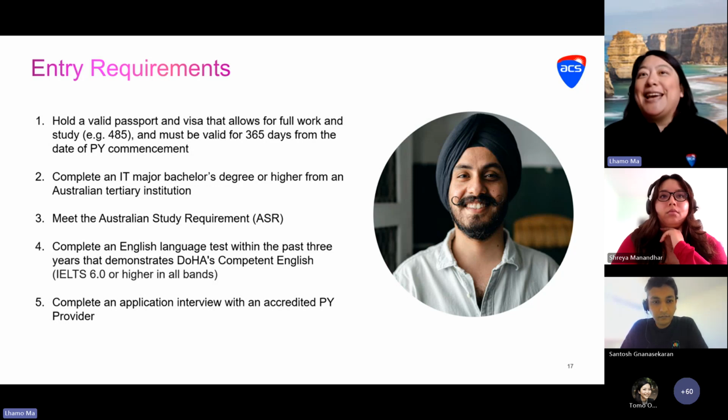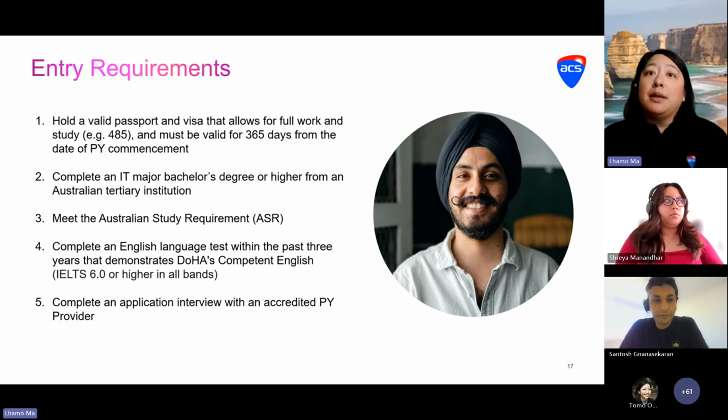You have to have a passport, and you do need to have a valid visa on that passport, and that visa needs to permit you to work full-time and study full-time. So usually we find for our Professional Year participants, that's a subclass 485. Prospective applicants also need to have that visa valid for a minimum of 12 months from the date of the program commencement. And of course, there is an English language requirement,